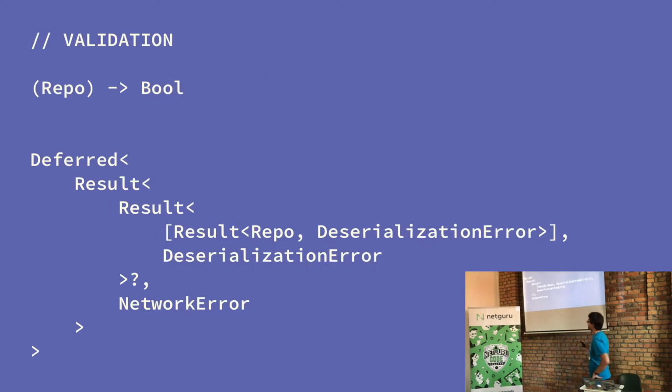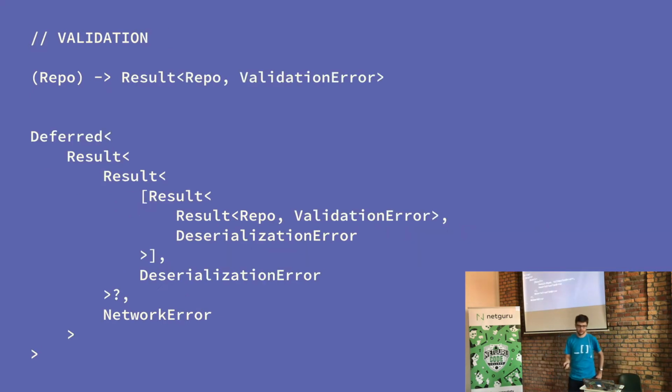So then we're doing validation. Validation may be seen as like a simple repo to bool logic, because we just want to, for example, validate the story was that the repo is written in a Swift language. But validation might be a little bit more complicated, and if there is a number of validations in a row, you would probably want to encapsulate somewhere, express somewhere what is the actual result of this failure. So then we have, again, something that is failing. So now we have deferred of a result of an array of a result, and there was an optional. It's going to be a little bit complicated.